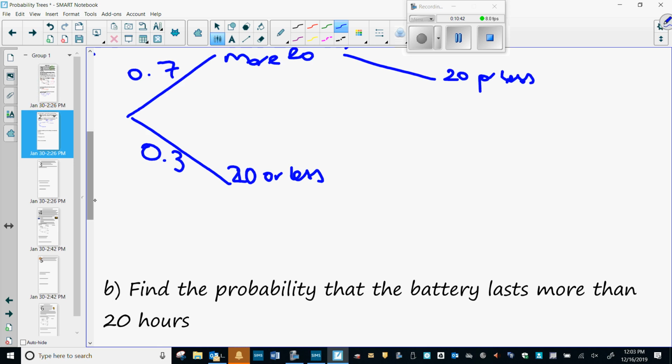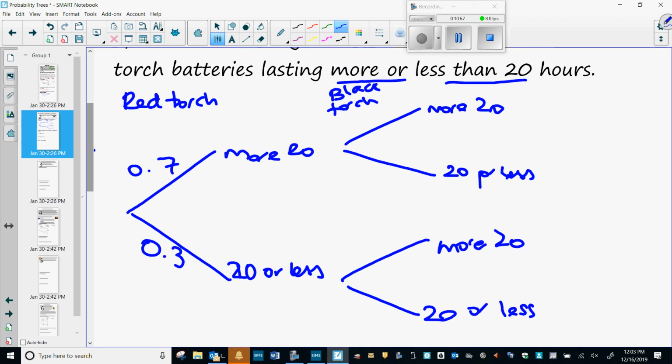Is that stemming from the more than 20 part? So yes, it stems from the first branch. Oh man, what do I do? What's the matter? Look, can I just